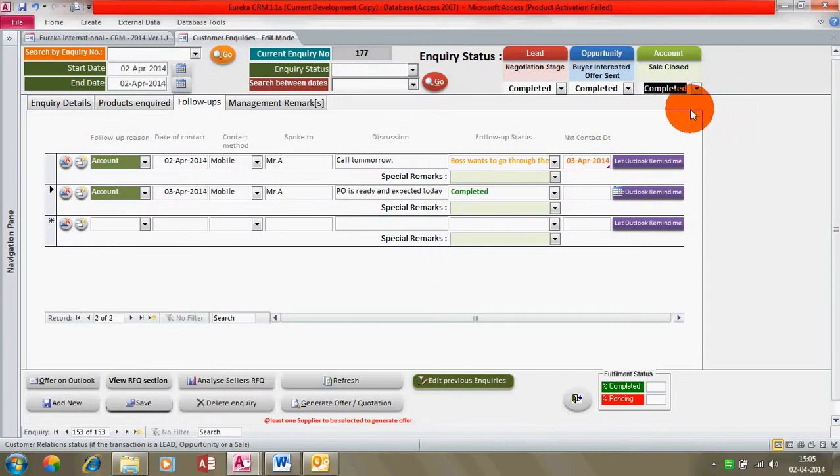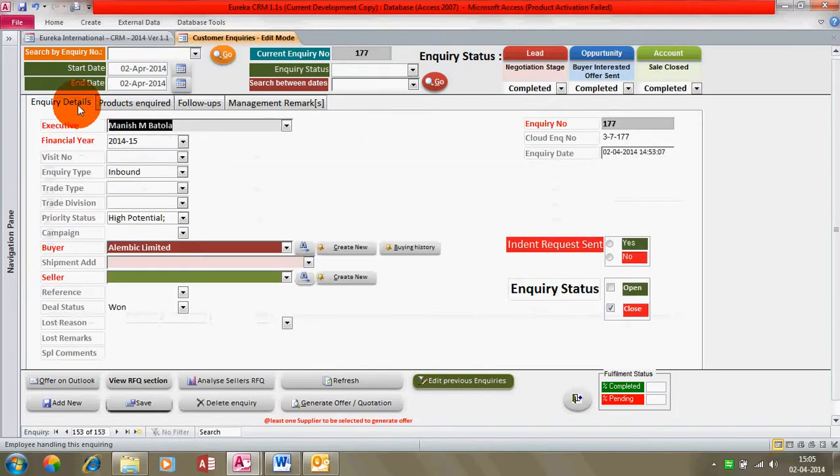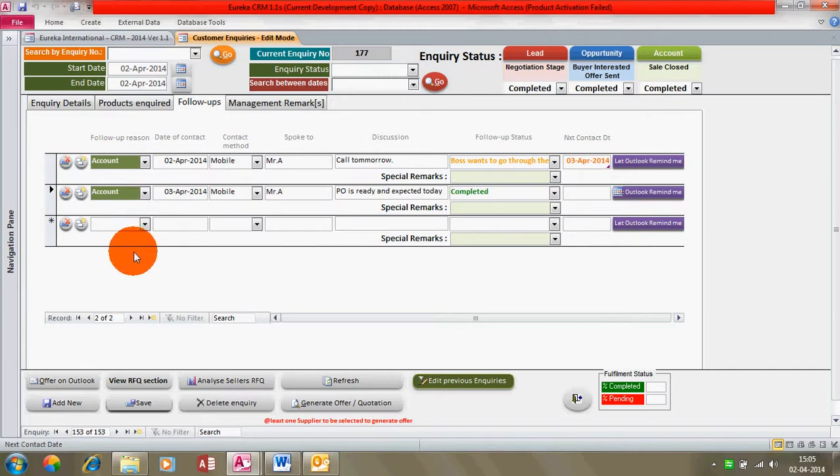So once all these three are flagged as completed, you see in inquiry details your inquiry status automatically closes. There's nothing pending. Okay, I save it. That's it. This is how you close an inquiry using either these three stages of your CRM, or by going through the entire follow-up procedure and getting it done phase by phase automatically.